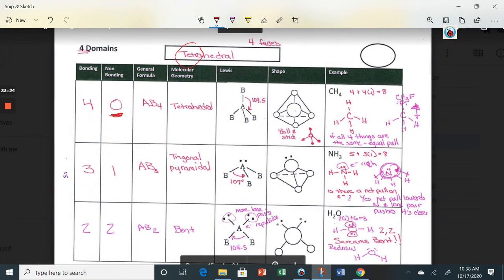Okay, so on a tetrahedral, you do have equal and opposite pull if all 4 things are equal. Okay, so that's the thing. If you substitute in anything, it becomes unequal. Even if you substitute 2 in, it looks like there's symmetry, but there technically isn't, because remember, we're dealing with vectors. Okay, so if I have a carbon,